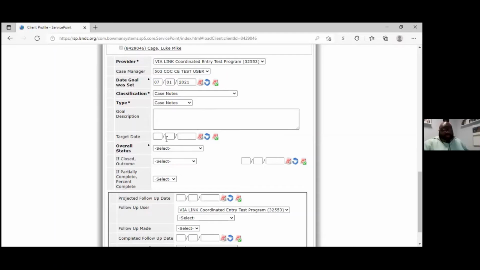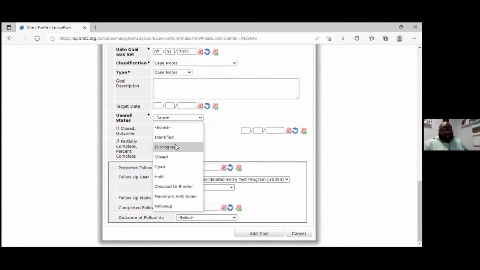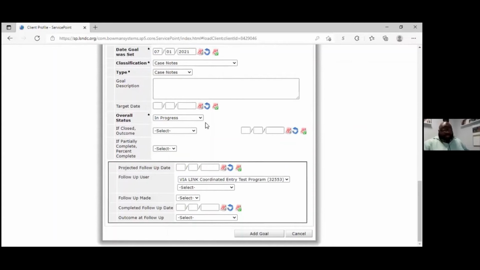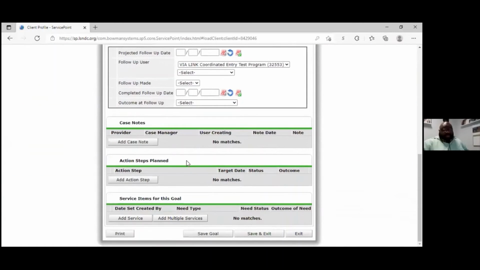Since it's just case notes, you don't need a target date because we don't have a specific goal set there. And then a status, you just put making progress here. You don't need a follow-up date or anything because we're just doing case notes. So once we add the classification, the type, and the status, we're going to press add goal. And once we press add goal, it should bring up these other sections, which includes the case notes